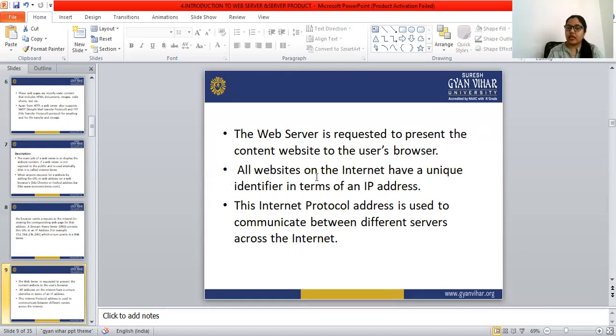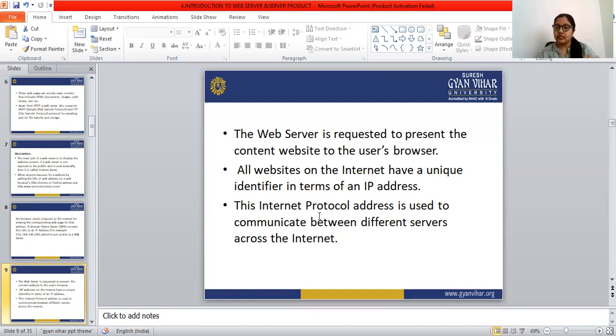All the websites on the internet have a unique identifier in terms of an IP address. This internet protocol address is used to communicate between different servers across the internet.